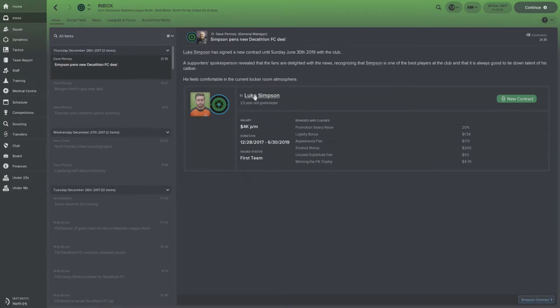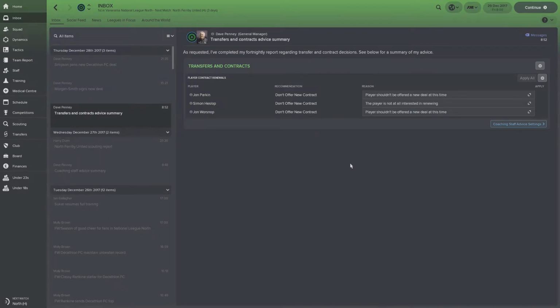Luke Simpson, our goalkeeper, has also signed a new deal. Just a small bump. He is now at first team squad status. He was the backup initially, but he has outperformed Worsnop all season long, and nothing too bad on the bonus clauses for him. And I definitely need to...